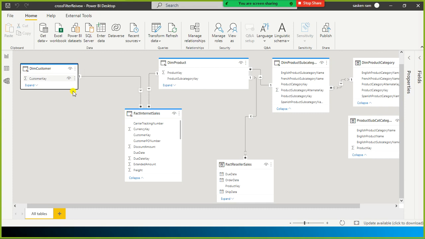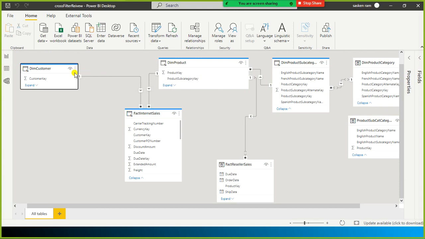For example, a single customer can buy multiple products, and each product can be bought by multiple customers. So there is a many to many relationship between these two tables.